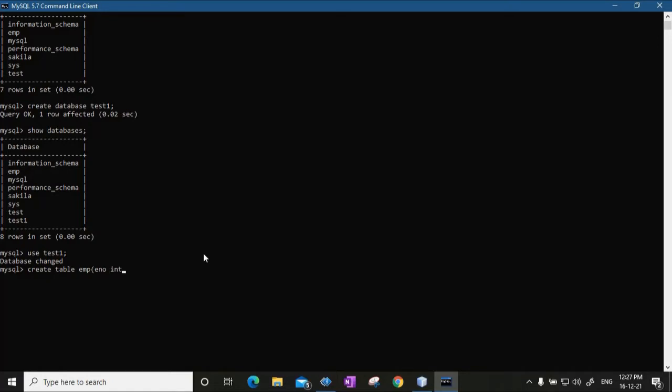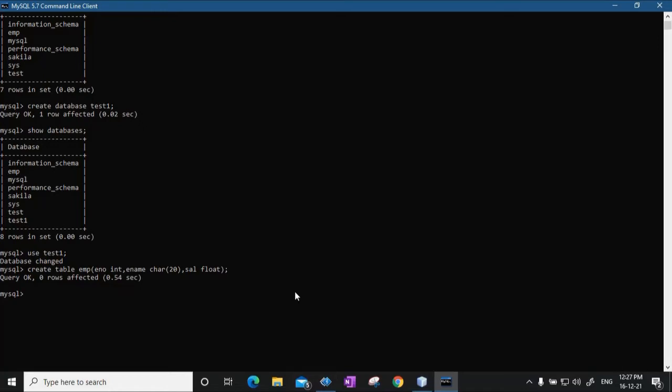The data type of employee number is integer. Ename, that is employee name, the data type is say character, and I'll allow a maximum of 20 characters for the name. The third column of that table is salary, and the data type of salary is say float. With this, the table has been created.